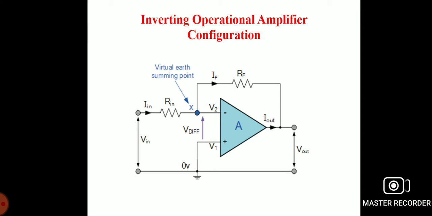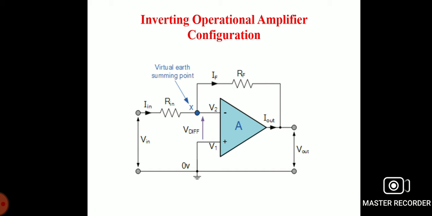This is an operational amplifier inverting configuration. It is connected with feedback to produce a closed loop operation. When dealing with the operational amplifier, there are two very important rules to remember about the inverting amplifier. There is no current flowing into the input terminal, and the voltage V1 always equals the voltage V2.